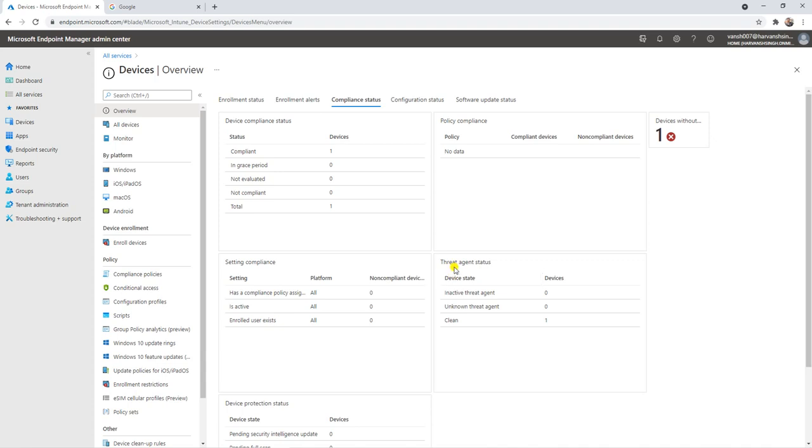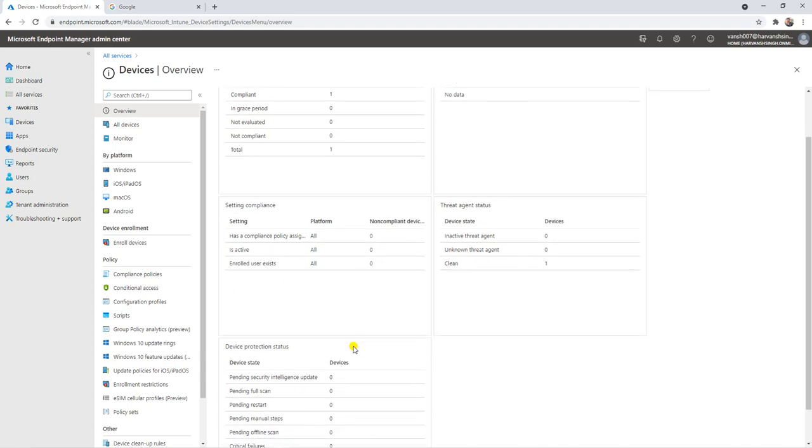And here is threat detection, which is a part of Microsoft Defender ATP. If you have integrated your Defender ATP with your MEM, then you can get a report here. But even if you are not integrated, it will give you some basic report. But if you have integrated or want to use it, there is a separate URL for Microsoft Defender ATP, so you can use that also.